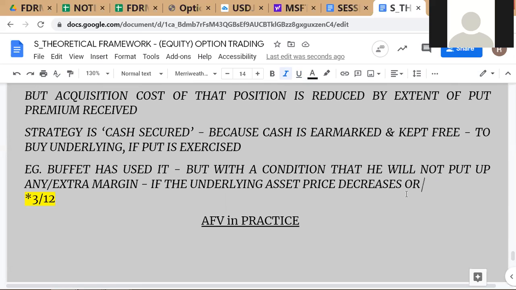When you sell a put, there are 2 ways you can lose money. If the underlying asset price decreases, or